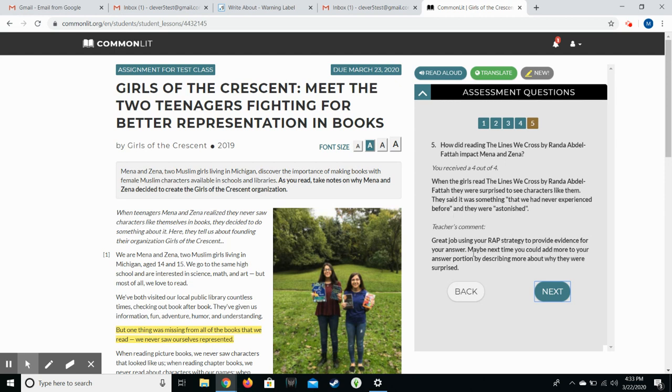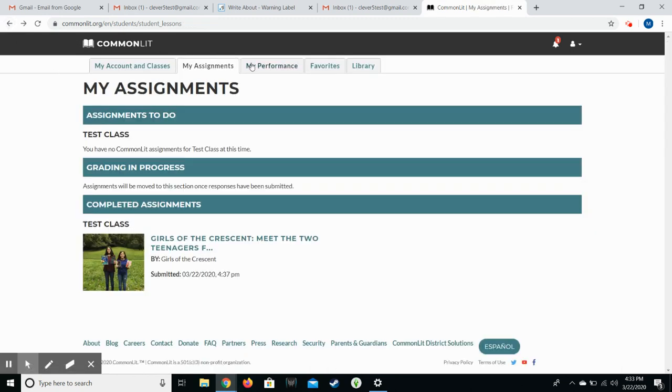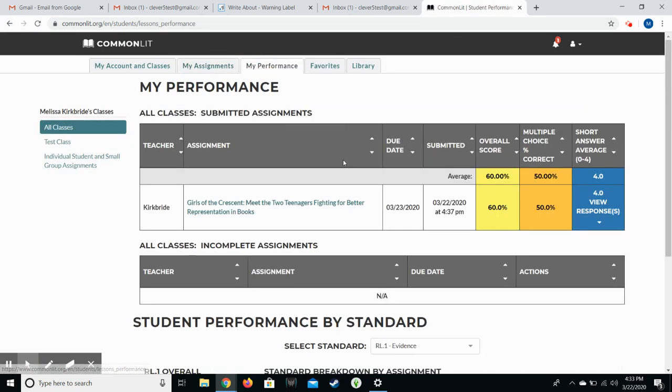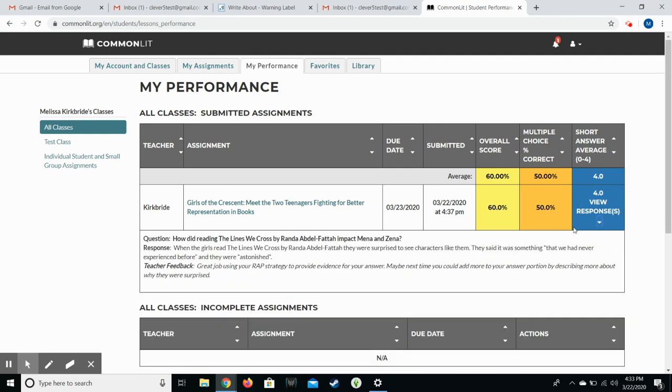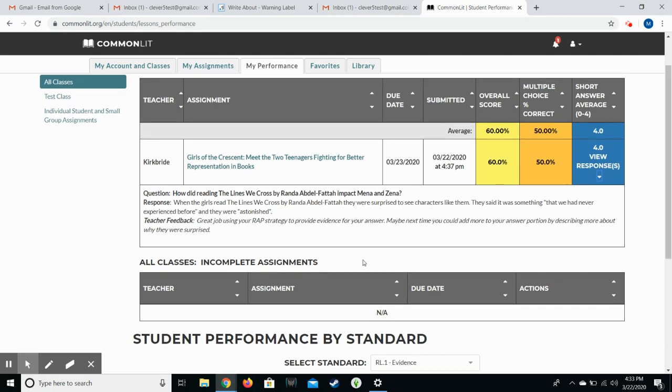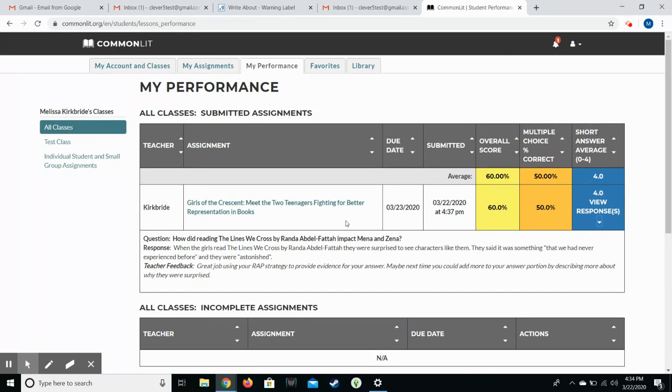The other way that they view it is if we go back to where we were, and they view it by My Performance, it's going to give an overall percentage. So they got a 60%. They got half of the multiple choice, but they got a 4 out of 4. And if they click on that View Responses, again, they can see the question, their response, and the teacher feedback. So the two views give just slightly different information. This gives percentages. The other one lets them see question by question, which I think is a little bit more